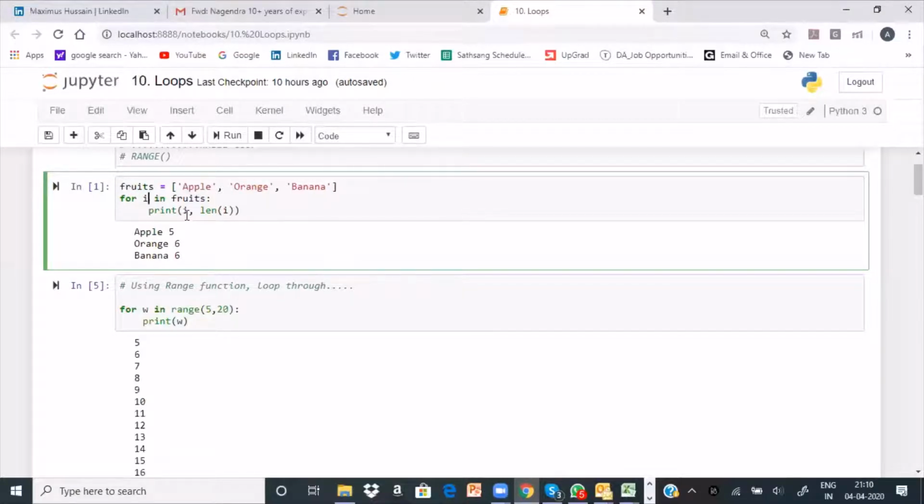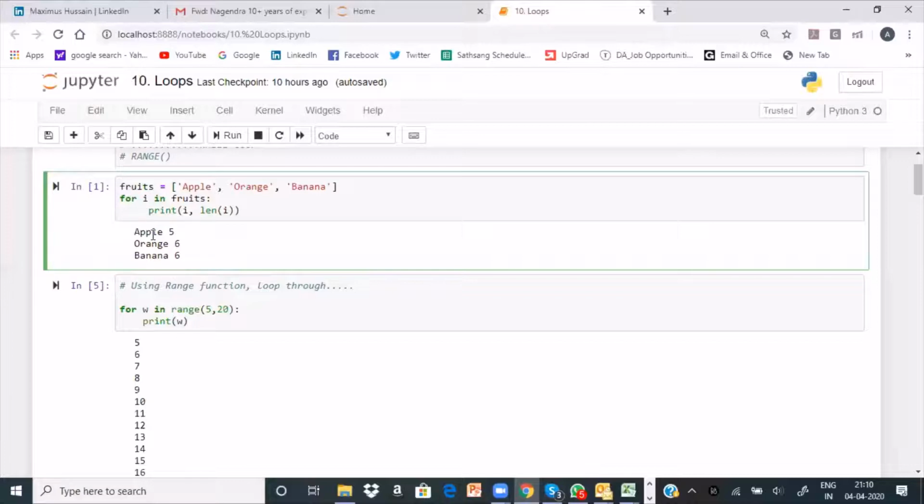So the i value will be 1, 2, 3, or 0, 1, 2, whichever it is, based on the type of the list you are defining over here. The first one, that is apple, will be printed. Print i. This i is not printing the index, it is printing the value inside the list. Apple is sitting here, that value it is printing.